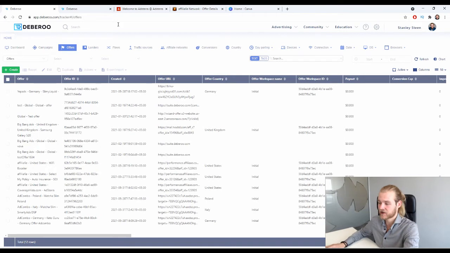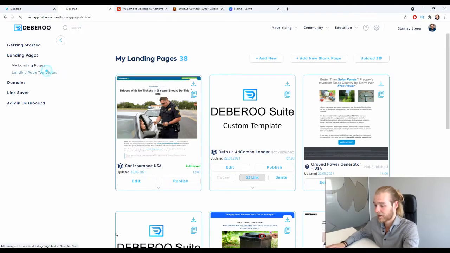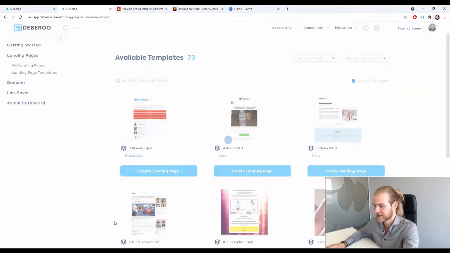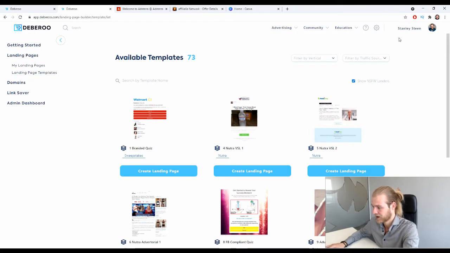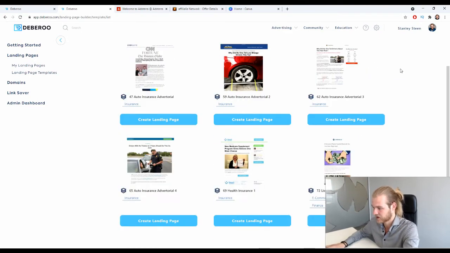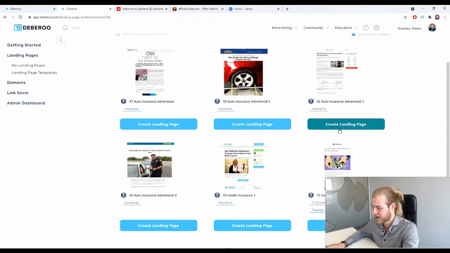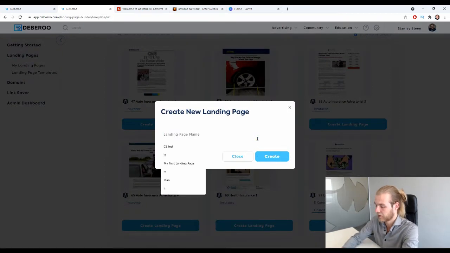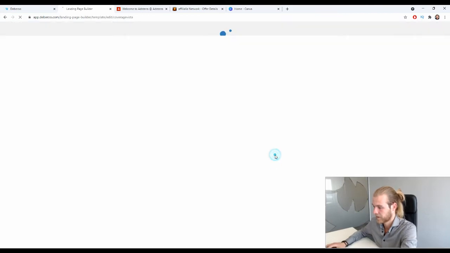And next up, we also want to create a lander. But first we need to create the landing page itself. So let's go to the landing page builder, and we're going to use one of the templates inside the Deberoo landing page builder. So we have these filters right here, so we can use those. So let's use the filter by vertical on insurance and by traffic source on native. And then we have these results. All right. So let's use this one right here. I'm going to give it a name, Coverage Vista,